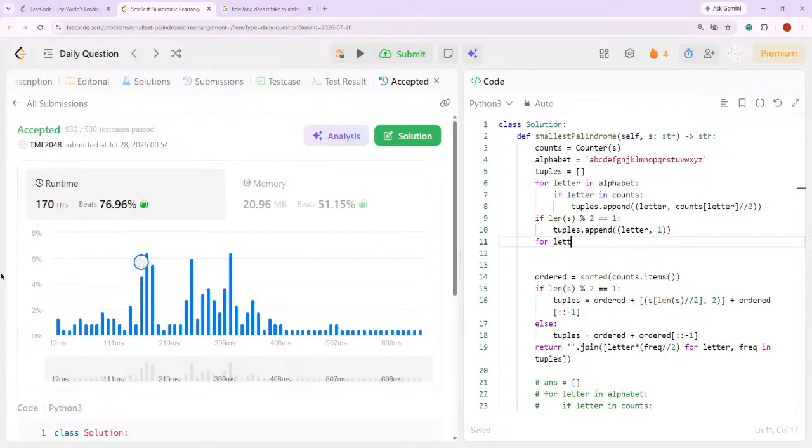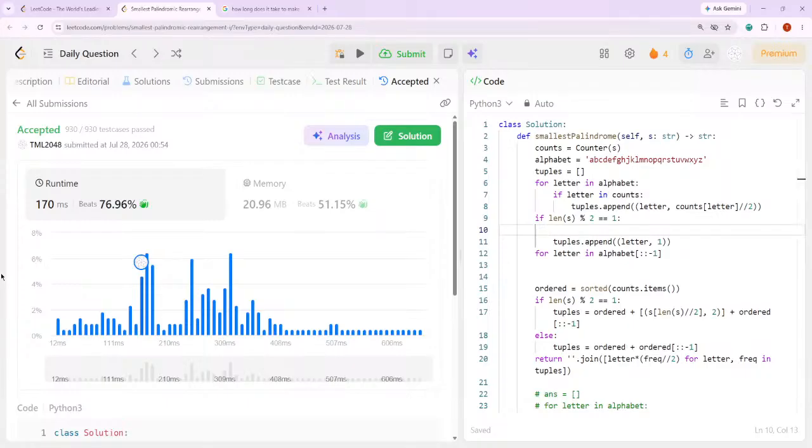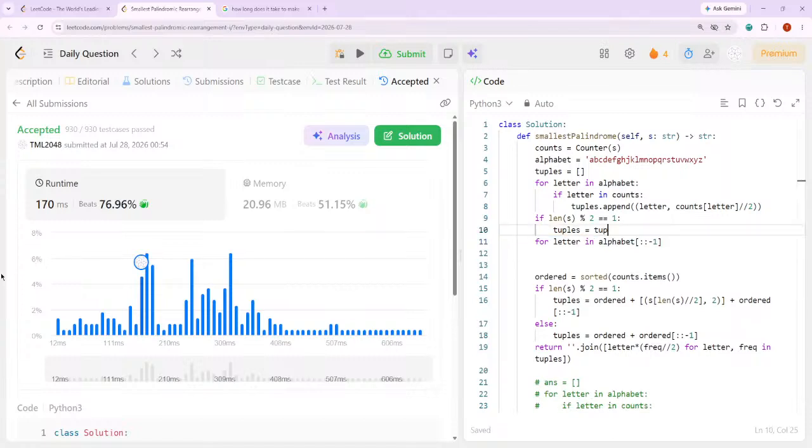And then for every letter in alphabet reversed, I guess. Maybe I should just do something like tuples equals tuples plus